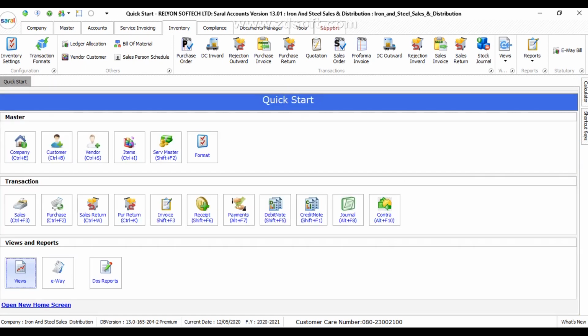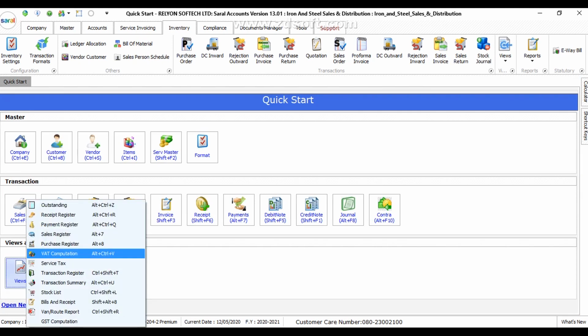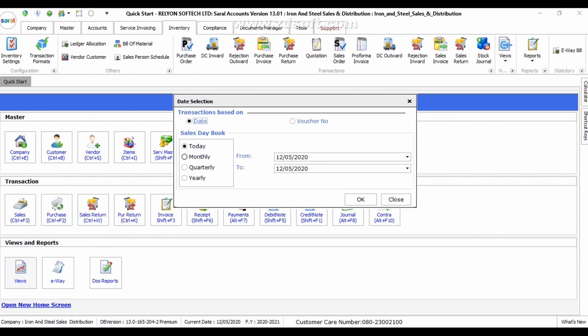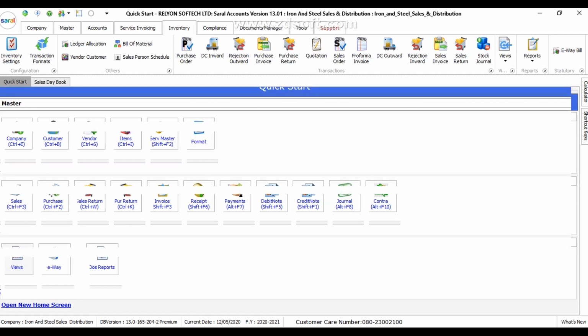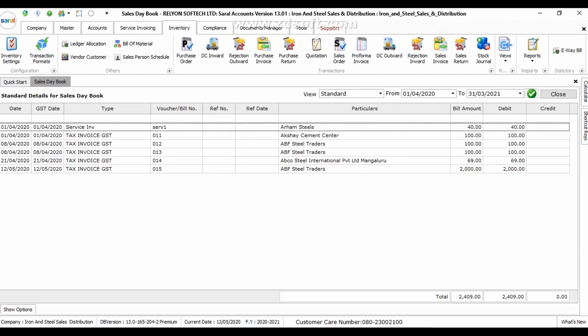These reports are available on a monthly, quarterly, and yearly basis. According to our need, we can select that particular capping also. So, likewise, I explained daily, monthly, quarterly, and yearly. We are going to see the sales register for yearly.